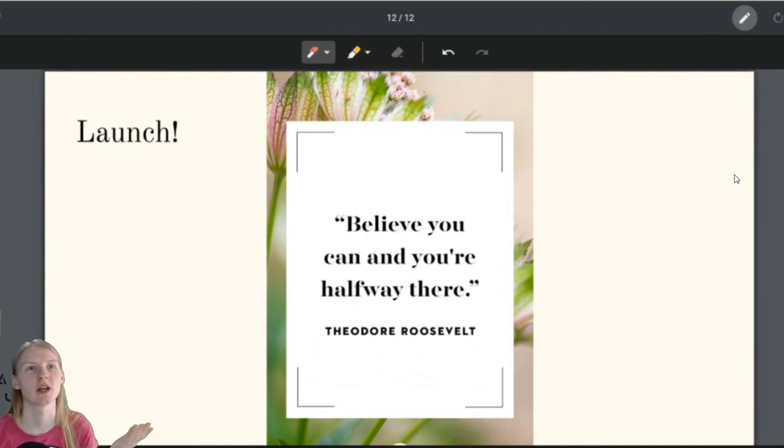In high school I was so focused on grades and preparing for college. But even with those things, if you believe that you can go to college, you're halfway there. If you tell yourself, "I could never go to college, I could never graduate high school,"